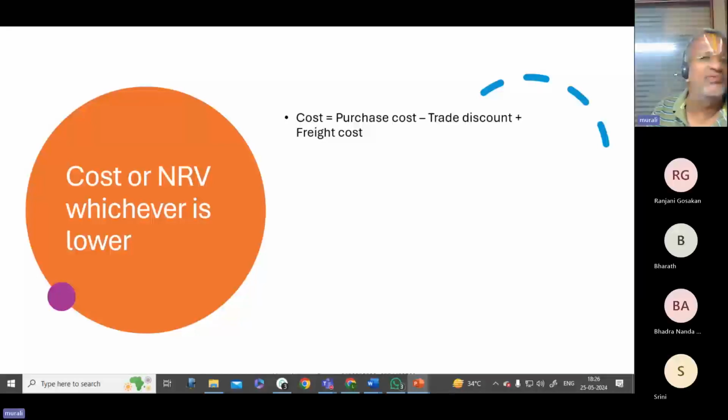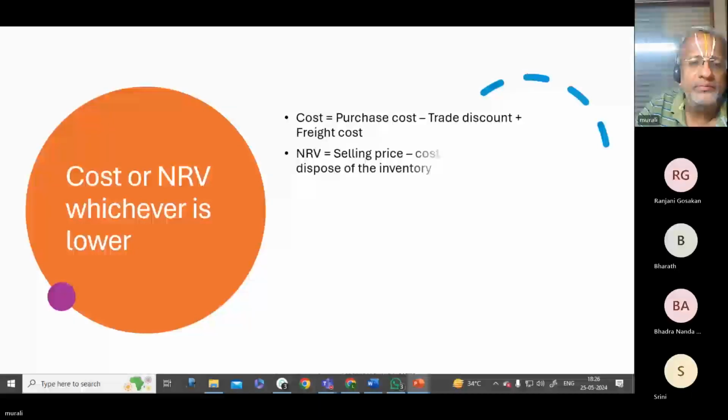And a freight cost, if any. If it were to be a normal exclusive freight cost, then you can take it into consideration. If it were to be heavy, and when it is considered to be a routine matter, not exclusively for that particular inventory, then you can leave it out of inventory also. So it all depends, as far as freight is concerned.